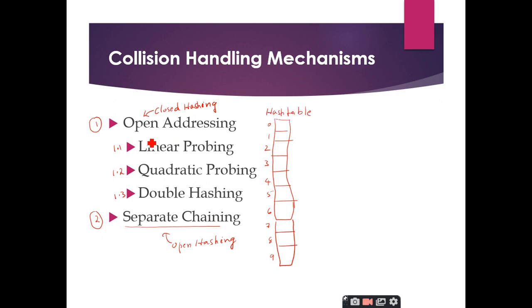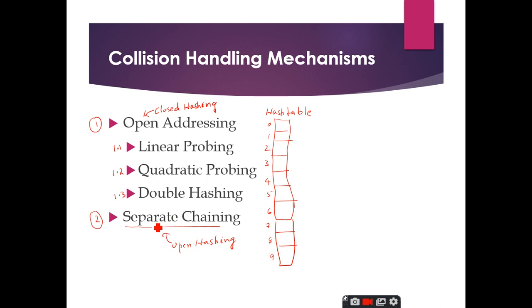So in open addressing, every value that you are going to store inside the hash table will be stored in the hash table slots only. Here I have defined a hash table having a size of 10, so the index range starts from 0 and ends with 9. Whatever element you want to store will be stored inside these array locations only, that means the hash table slots only. But in separate chaining, the name itself says that you are going to chain the elements, or link the elements as a separate link.